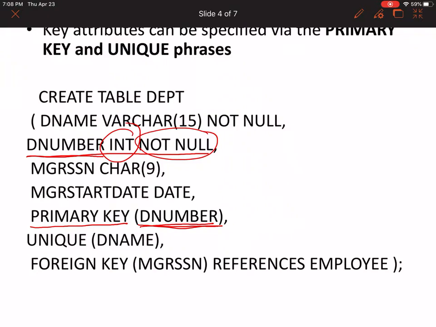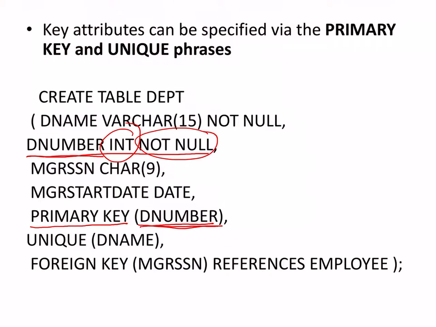Then again there's another keyword which is being used, that is D name. So D name has been mentioned as unique. That means this is department name, so all department names have to be completely unique. None of the two departments can have the same name. It goes fairly logical that no two departments can have the same name, and I want to put that constraint. Nobody should enter any of the two departments with the same name. So restriction has been put, and that restriction looks like unique D name.